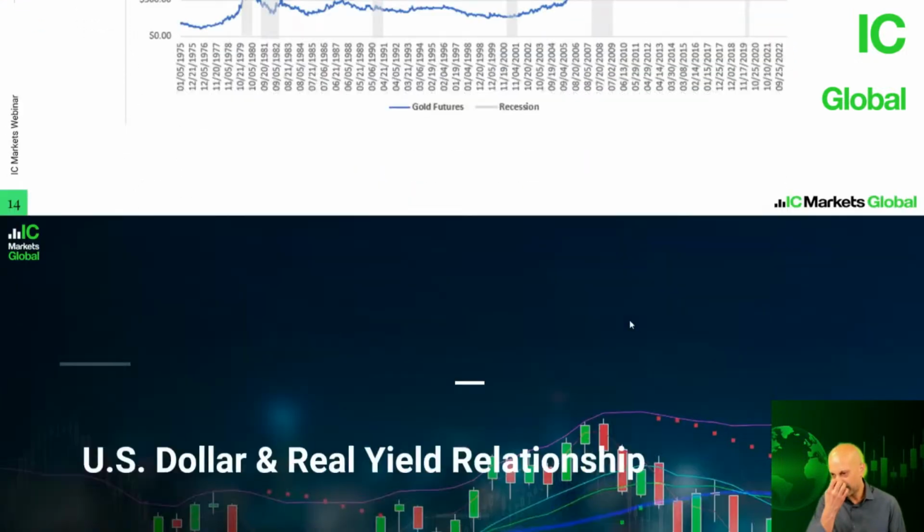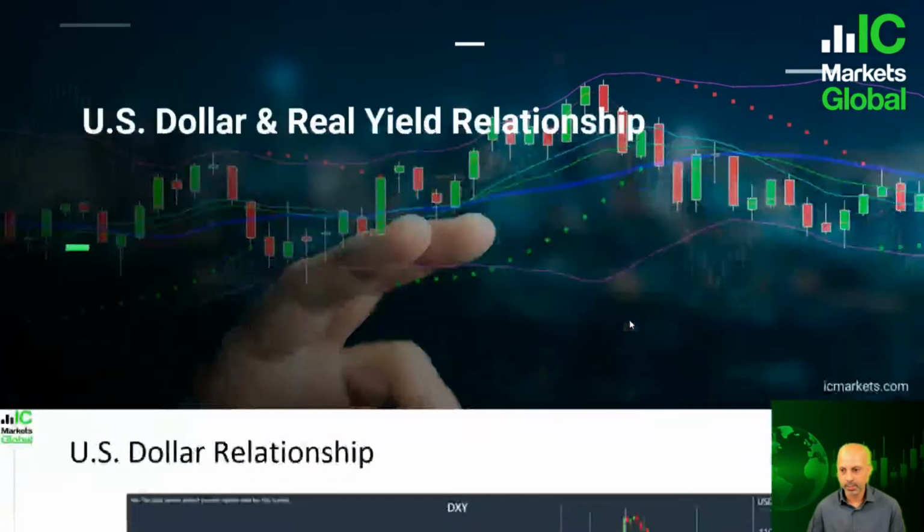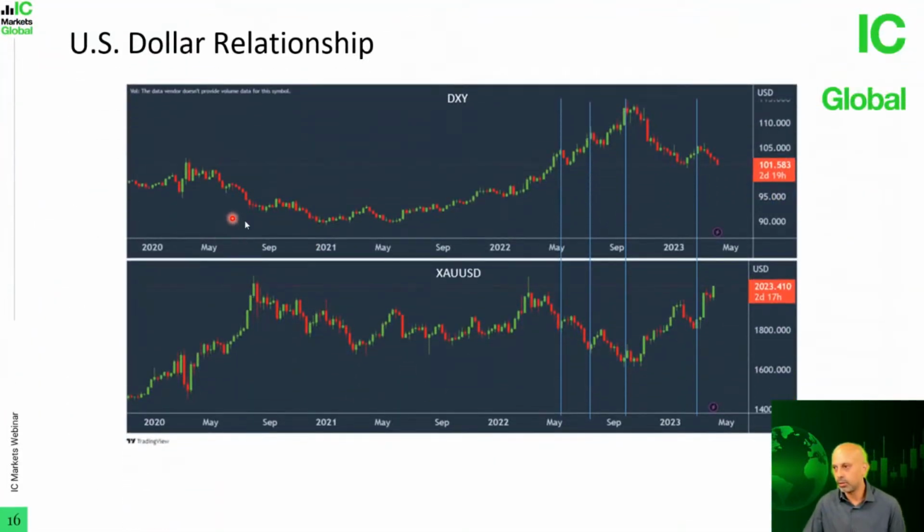All right, okay, now we'll look at the relationship between gold prices and the US dollar and real yields. I think we are all pretty familiar with the relationship with the US dollar, right? We all pretty much know gold prices and the US dollar have a negative relationship, so it's a negative correlation. That means as the value of the dollar is rising, in this case measured by the dollar index, the US dollar is strengthening versus its peers. And usually that means gold prices are going to be depressed as well. Typically, that's what it means.